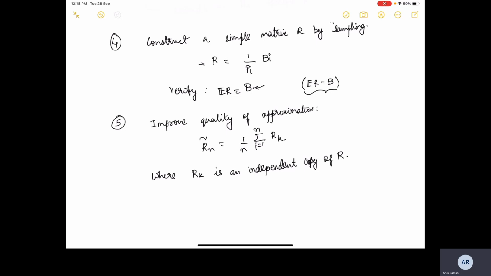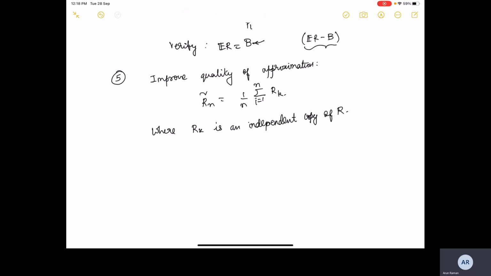We do it with replacement, so it is also possible that we can pick two of the same Bi in two samples. It is not necessary that if we are picking n samples, we will get all Bi as unique. It is possible that we will pick two of them, or even more. It is also possible that all n of them are the same Bi. That is also possible. So we are doing it with replacement. Once we pick Bi, we keep it back in contention.